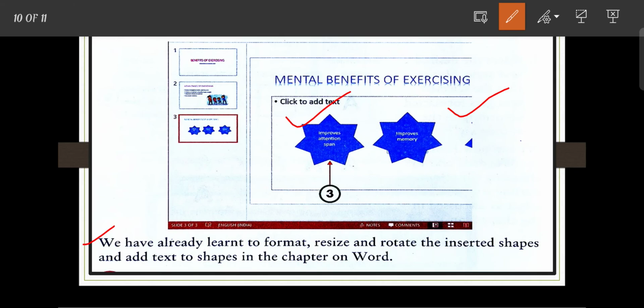All of you have to read each and every chapter very carefully because our first term exam is mainly based on MCQ. Our first term examination is going to start from 10th of August and the computer exam will be held on 20th of August. So all of you have to read the book very carefully.